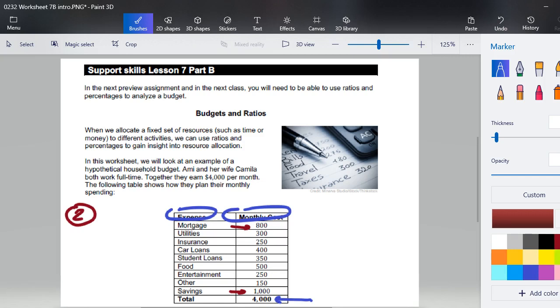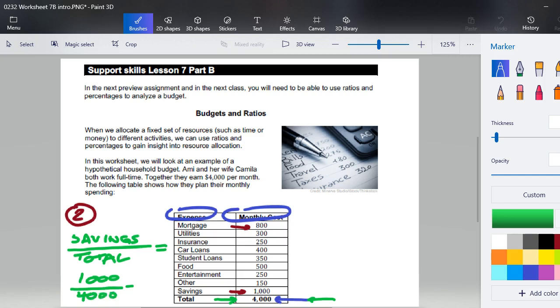So I want to come back to that word again, total. I like to write out words like it says, savings is what percentage of the total budget. I like words because then we can take the numbers and replace the words. We can do some division, multiplying by 100, and we're going to come out with that savings is 25% of